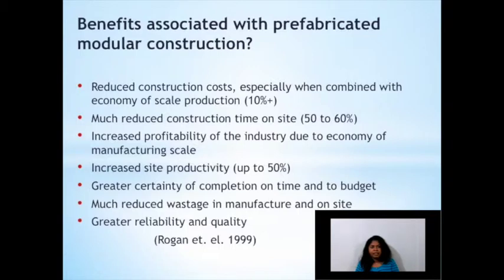According to Rogan et al. 1999, the benefits associated with the prefabricated modular construction method are reduced construction costs, especially when combined with economy of scale production, up to 10%; much reduced construction time on site, like 50 to 60%; and increased profitability of the industry due to economy of manufacturing scale; increased site productivity up to 50%; greater certainty of completion on time and to budget; much reduced wastage in manufacture and on site;